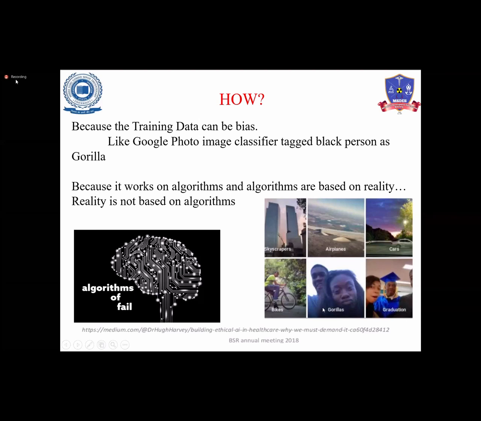But the biggest error was that some features of this black lady matched with a gorilla, so the Google scanner marked her as a gorilla. This is the bad result we can get from AI systems. And by noticing only this cap and dress, the Google scanner marked it as a graduation. So as we can see with this set of bad results, Google's artificial scanner can also give us bad results if we feed it bad data.